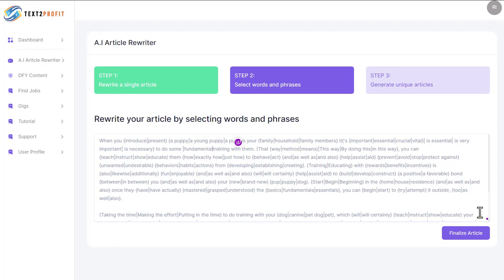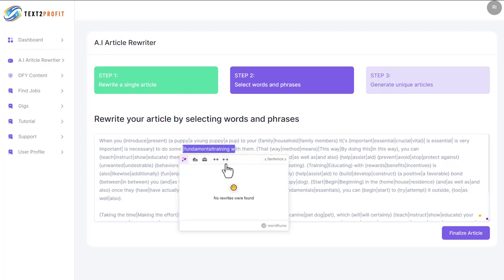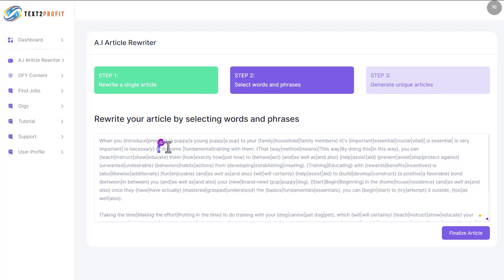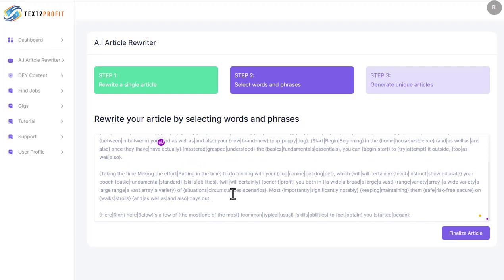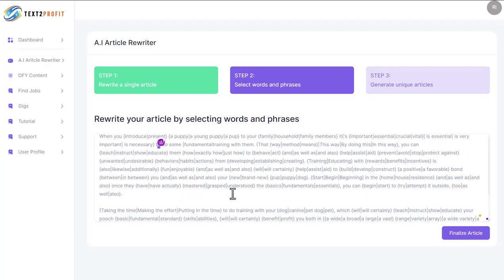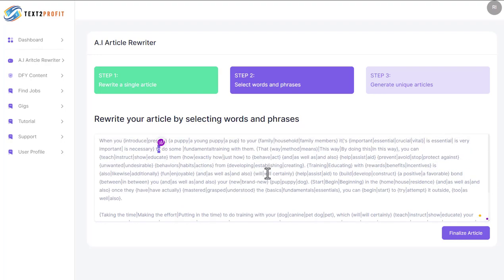Now that's not really AI, because I can literally do this with Grammarly like I've just shown you, or actually I've got another program on here which allows me to change things called WordTune. I have these types of programs anyway that I use, but this is not something that's going to be very user friendly to me because I have to literally go through here and rewrite it all. So basically that's all it's doing. It's like one of those classic article spinners that were really big when I was first getting online, where it would just give you alternative words.